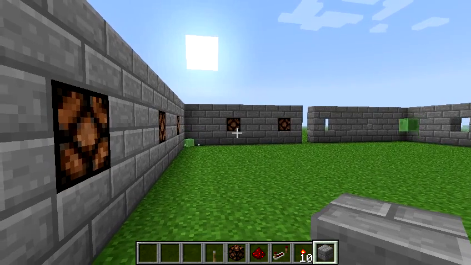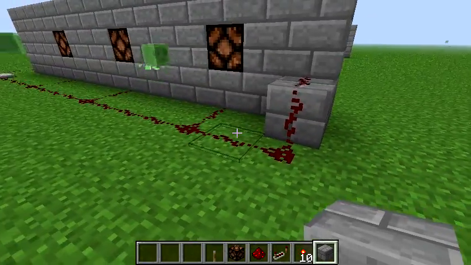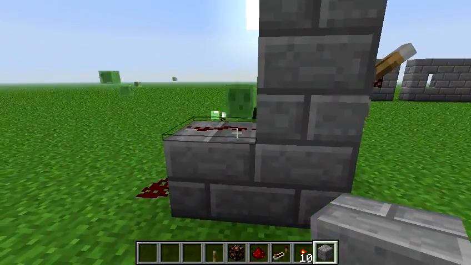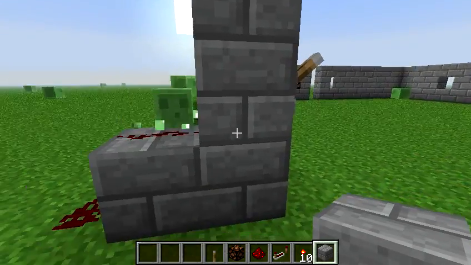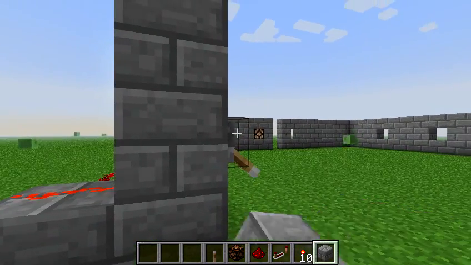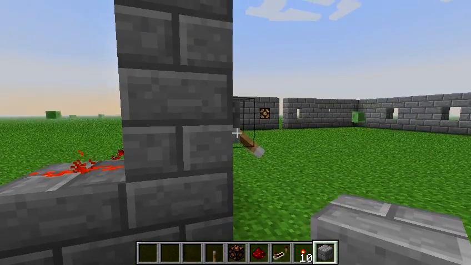How do you do it, you may ask? Well, it's actually quite simple. Let's go ahead and take a look behind the scenes and see what's going on. So behind the switch, we have a stone block here with redstone. That way, whatever this switch does powers the redstone it's attached to. For instance, if you flip the switch, then the redstone is powered on, and if you flip the switch again,